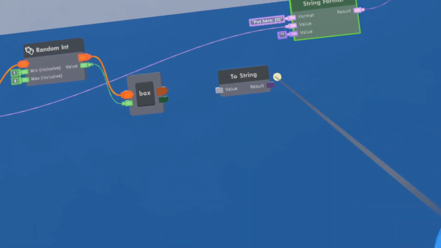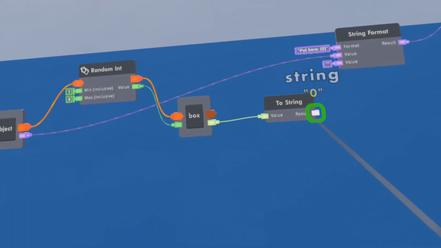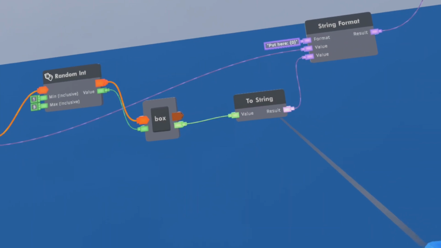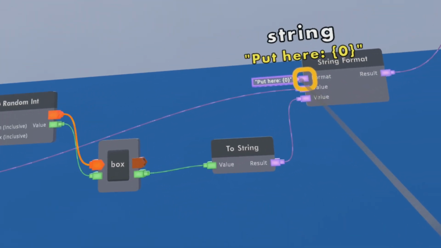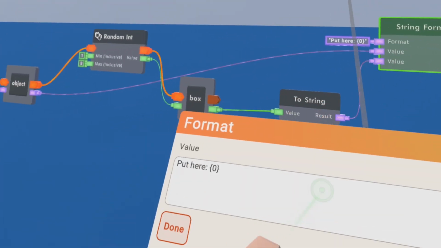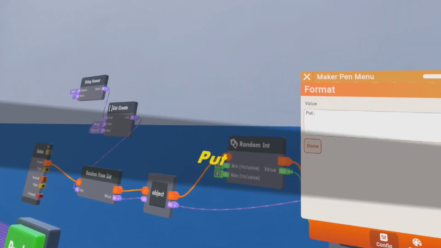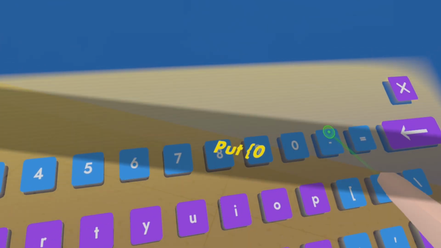And so they will be numbered. So we connect this, so the number becomes a string. And we can change the text here and call it put 0, which is the first connected,